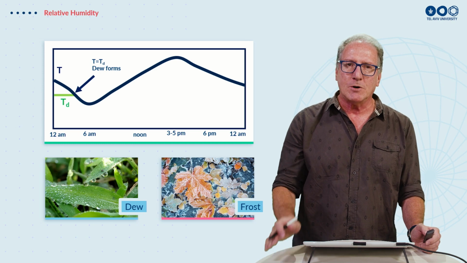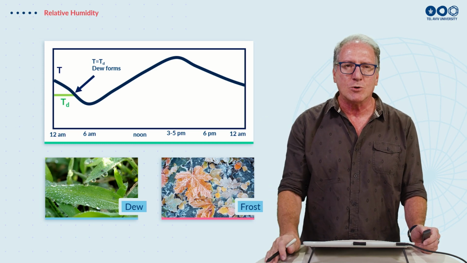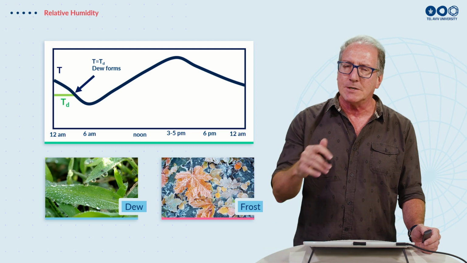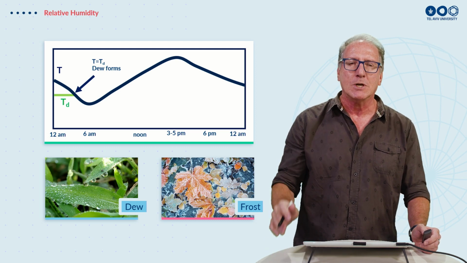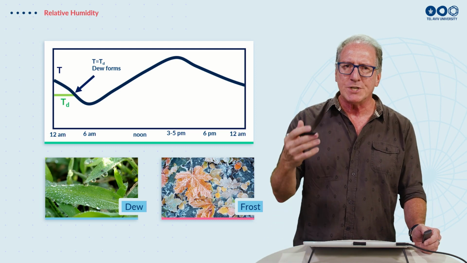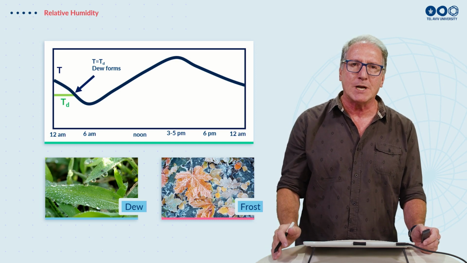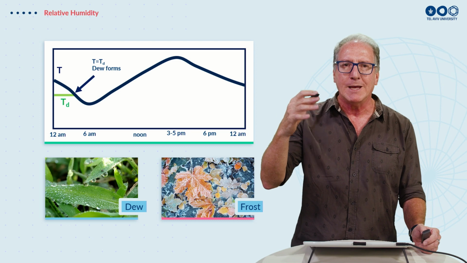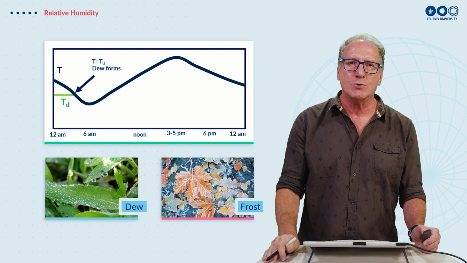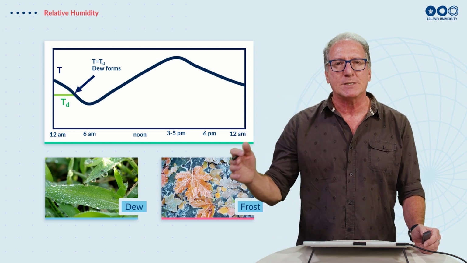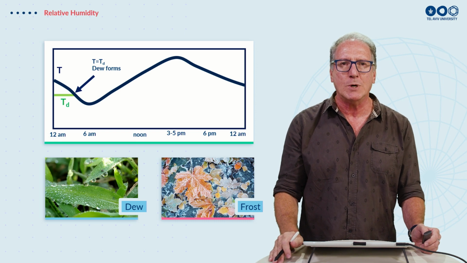And we see this also during the day and night, the diurnal cycle of the temperatures. We know that after sunset, the temperatures start to cool down, reach the minimum temperature during the day around about 6 a.m., just before sunrise, and then things start to warm up again. And maybe the maximum temperature 2, 3 in the afternoon. And then again, as the sun starts to set, we start to see the cooling.